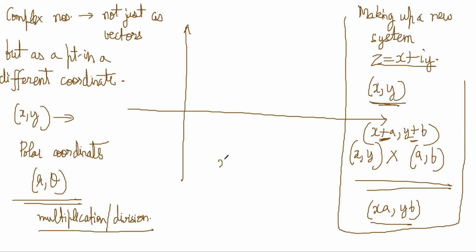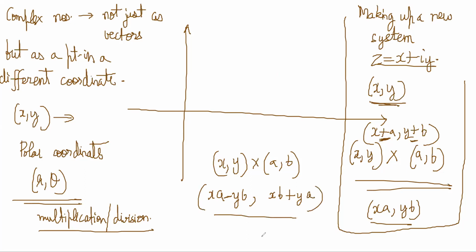The definition of xy multiplied by ab is actually supposed to be xa minus yb and xb plus ya. This is the answer. Now why did someone invent it like this? That is totally weird. Why is he doing so much effort, right? That is the point. Why has it come like this, and the reason for that? To understand the reason, we have to go geometrically and think about complex numbers in a polar coordinate frame. Polar coordinates means, I'll just explain.